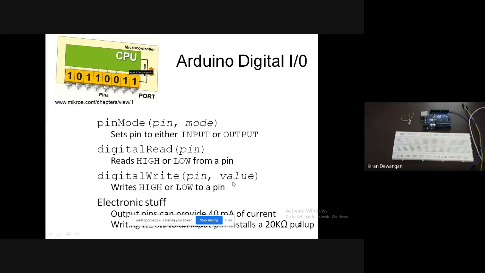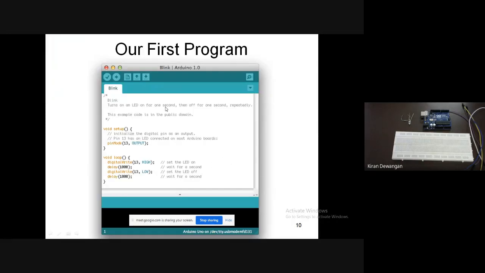So this is your write, that means it will show the output, and digital read will be our input. It takes input, and digital write will be the output. Okay. So that is how we write our input output code. So digital read will always be the input, digital write will always be the output. Clear? So that is our first program.